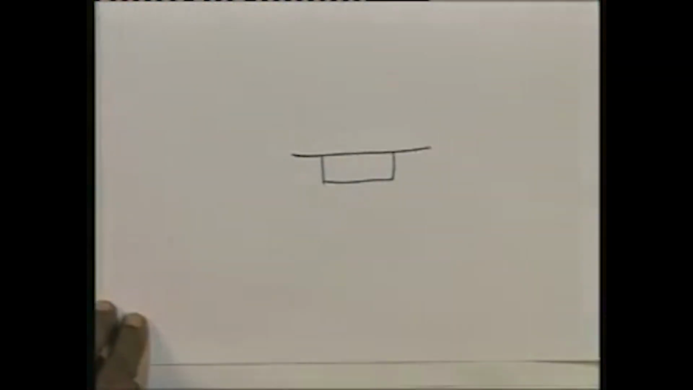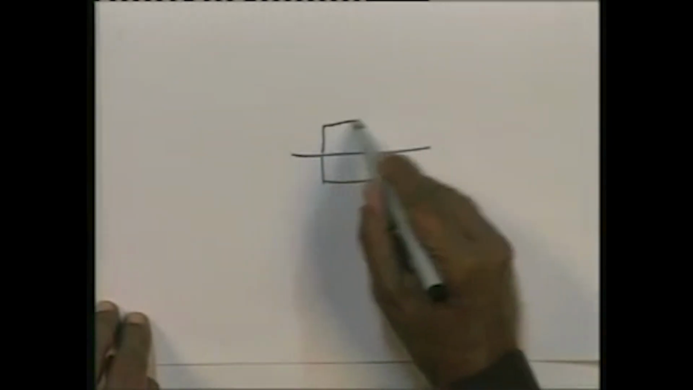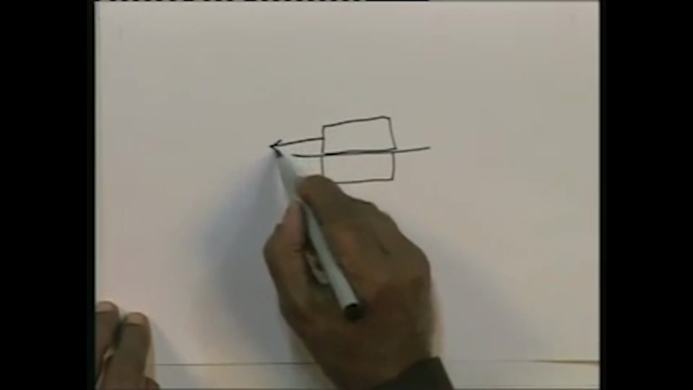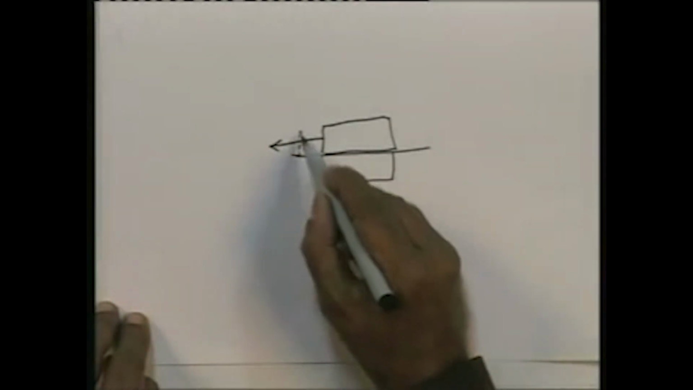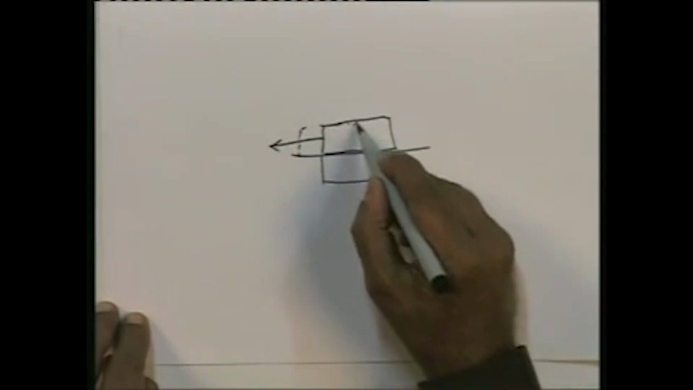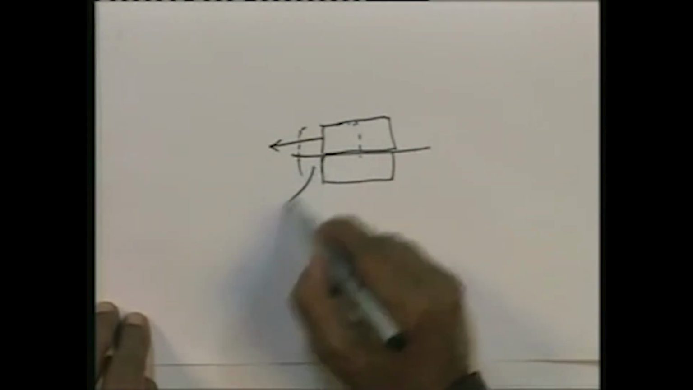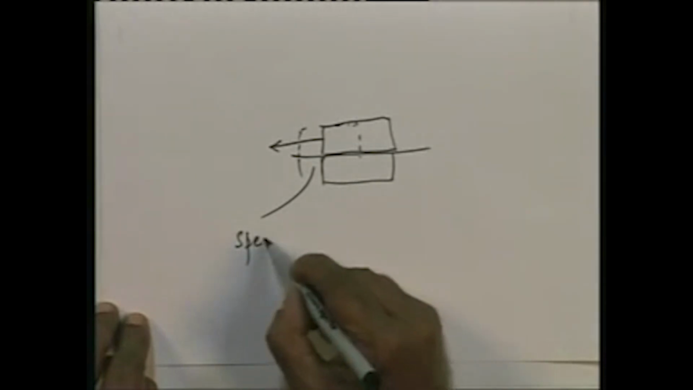See here, suppose this is the lower container and this is the upper container. Now, if the upper container is moved and if it takes a position like this, in this position this part of the specimen is exposed